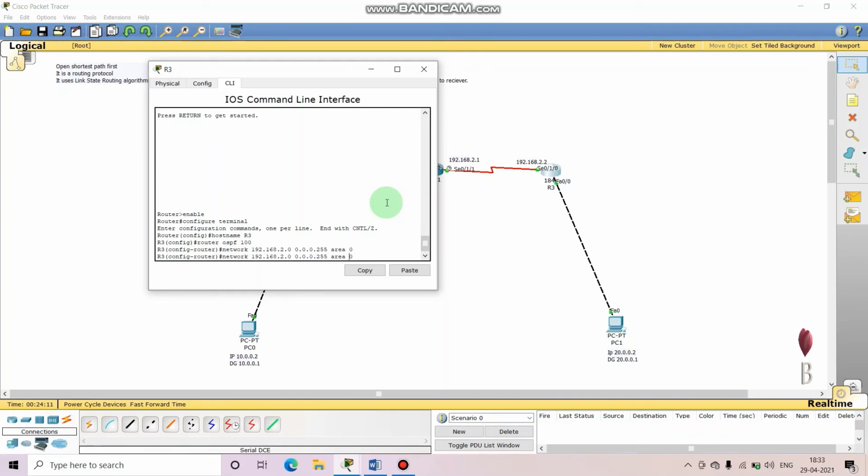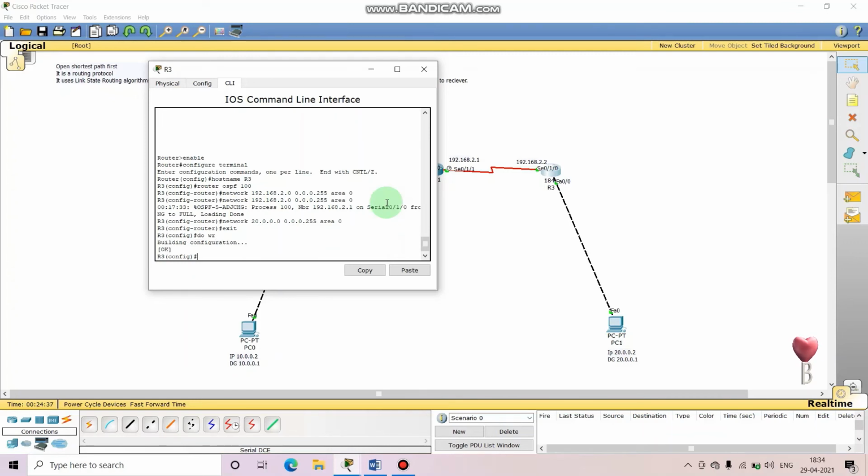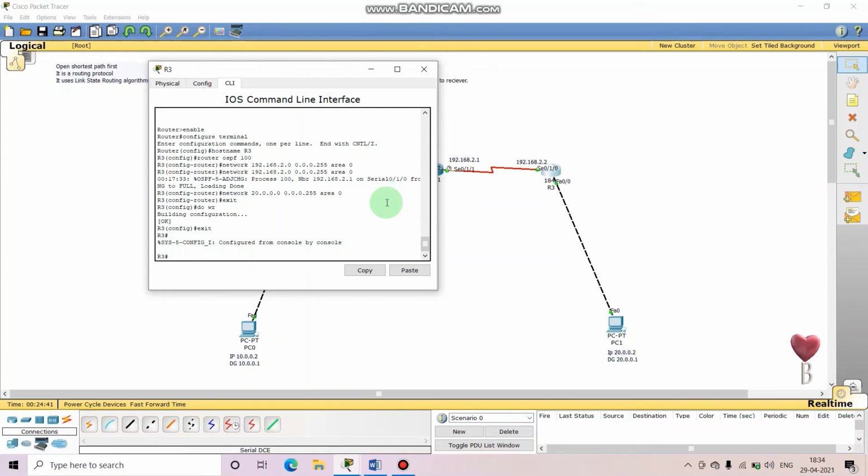Enter. No problem. Okay, enter. Exit. Let's save the configuration using do WR. Then exit.